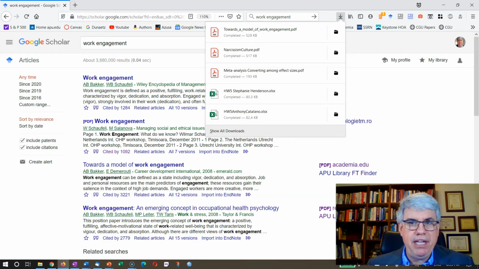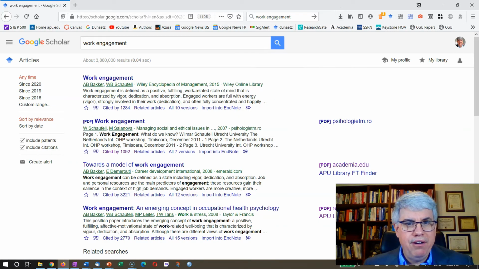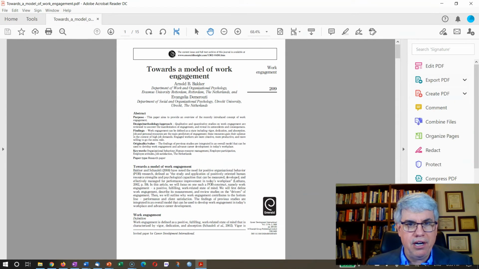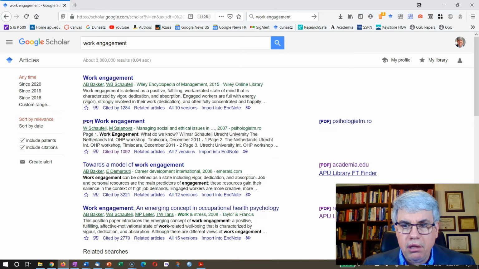That's going to give me a PDF, and I click on that, and sure enough, I got, let me bring it over here, I got the PDF with just one click there. It was probably either Bakker or Demerouti who posted it on ResearchGate. A lot of the times, though, and for most articles, you'll have to go through the APU library full text finder.